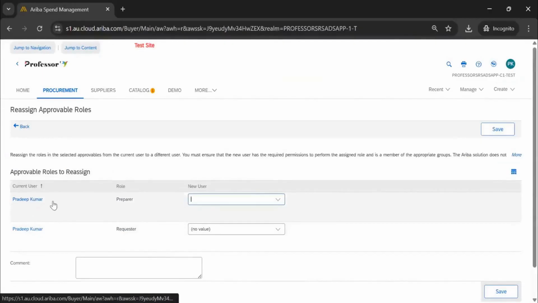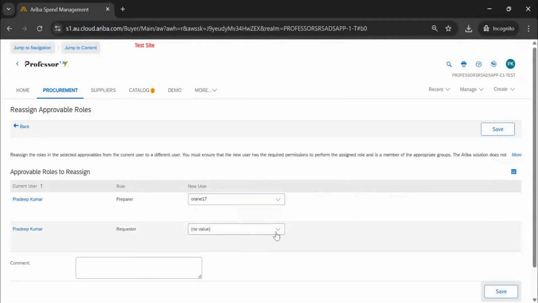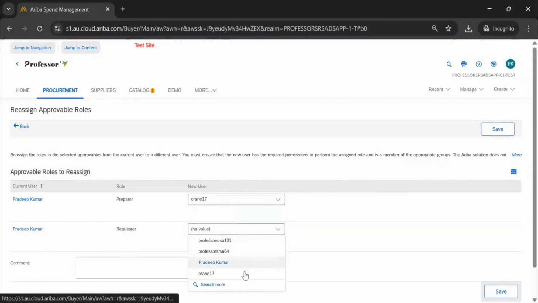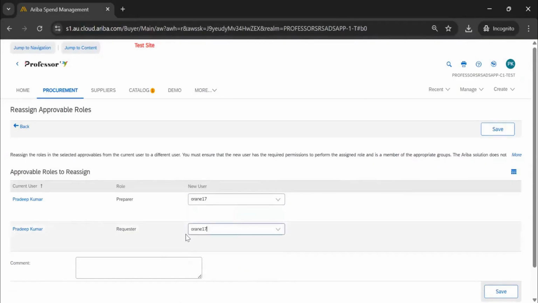So I can change. Current user is Pradeep Kumar and I want to change to Varane 17. Same for both options, preparer as well as requester. Requester is the main person. So this is where we just need to change it. Even if you want to assign to somebody else, you can do that. And you can provide the justification why you are doing it. Maybe I'll just say Pradeep Kumar